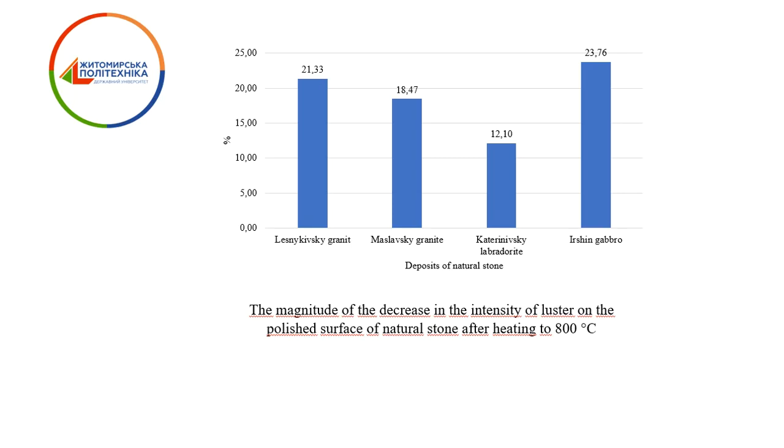its gloss. The smallest decrease in the gloss of the polished surface of the natural stone when heated to 800 in Katerinov labradorite can be explained by the fact that the main mineral of labradorite is plagioclase, which is more resistant to heating than pyroxene. At a temperature of 200, plagioclase begins to decompose into feldspar and anorthite, but this process is not accompanied by the release of liquid that would disturb the surface of the sample. At a temperature of 400 C, some restoration of the crystal structure of plagioclase occurs, which also contributes to an